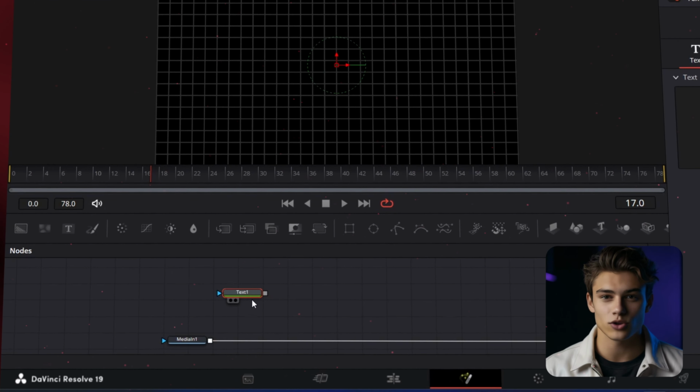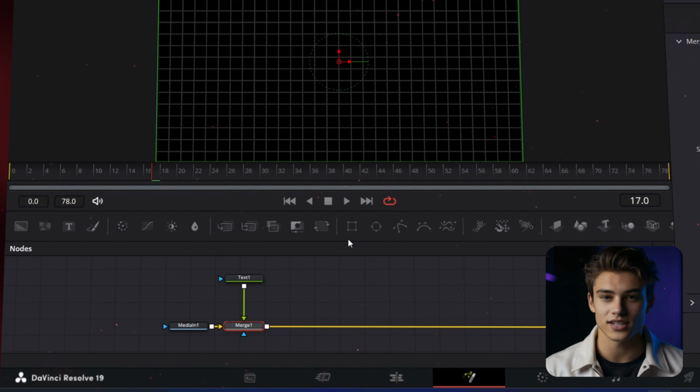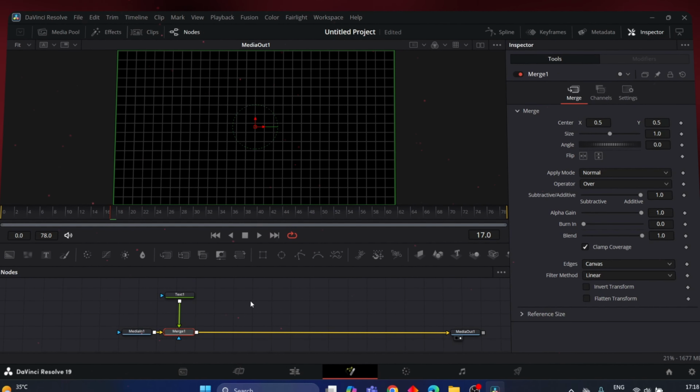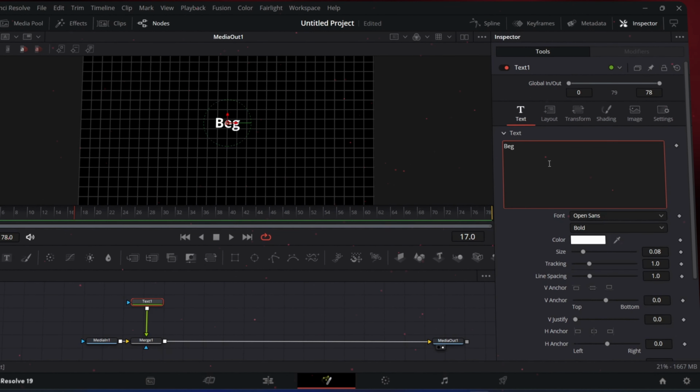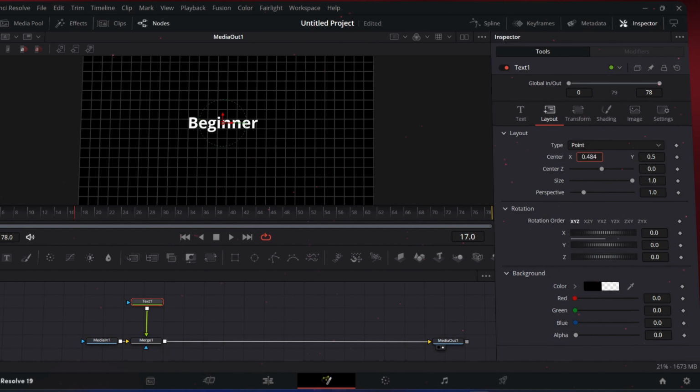First, drag in a text node and connect it to Media In. A merge node will be created automatically because when you connect 2 different nodes, a merge node is required, and DaVinci adds it automatically. Now, click on the text node, go to the Inspector tab, and type Beginner in the text area. Change its font to bold, adjust the size, then go to Layout and reposition it using the center